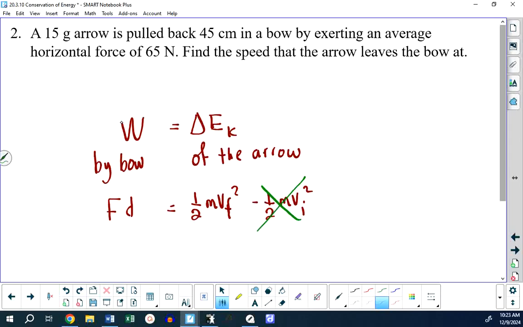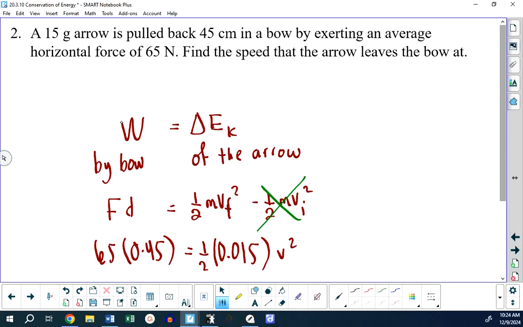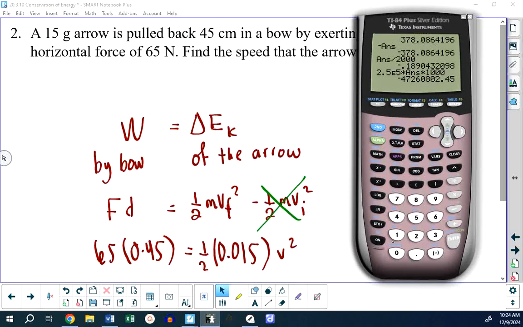So this is going to be 65 newtons multiplied by 0.45 meters equals 1/2 times the mass of the arrow in kilograms times v squared. I don't know if anybody remembers, but let me just calculate the work done. I think it was Thursday. I said, taking an energy, which is what this 29.25 is,